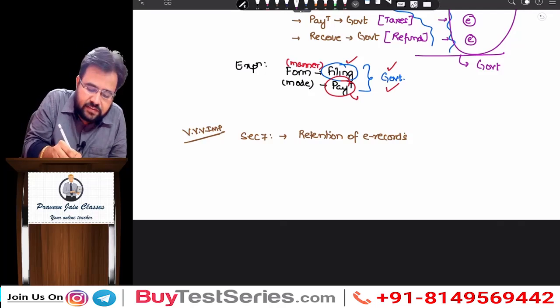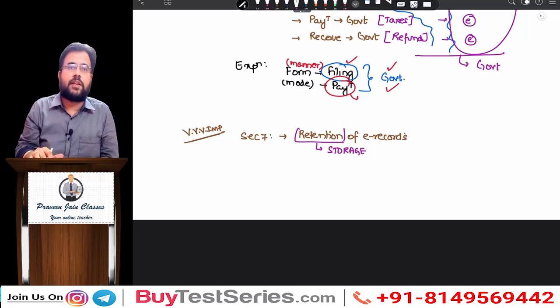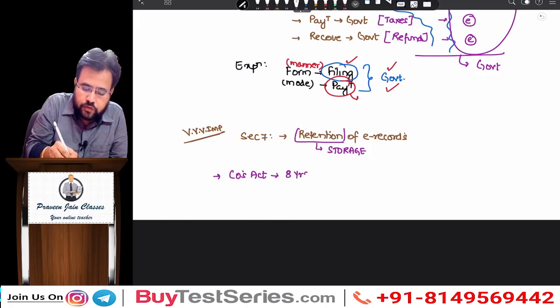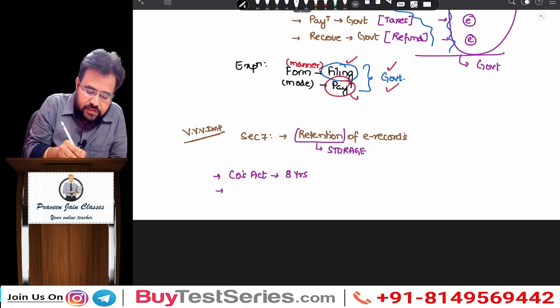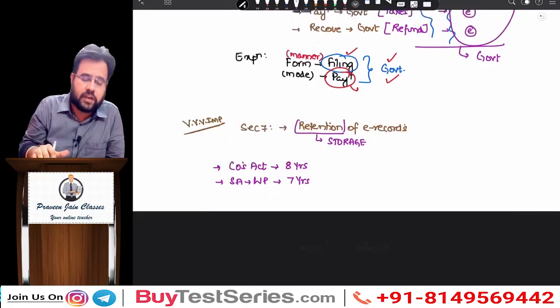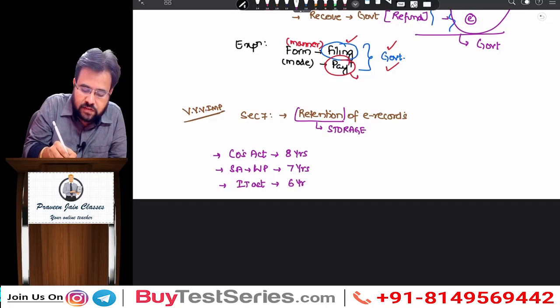Now what do you mean by retention? Retention का मतलब है storage. Now can I say, Companies Act के हिसाब से, as per Companies Act, you have to maintain your books for what, sir? 8 years. Sir, your standards on auditing and SQC say that you have to preserve your working papers for what, sir? 7 years or that many years which is required for meeting your professional practice. And then if you see Income Tax Act, they say that you have to maintain books for 6 years, sir.